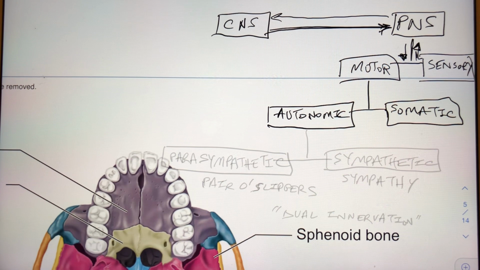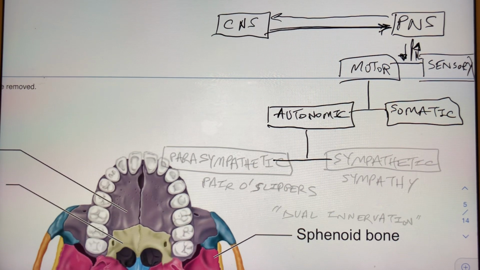Well, if we are going to be emphasizing viscera this quarter, glands, smooth muscle, cardiac muscle, that pretty much describes all of your viscera. So the autonomic nervous system is going to be a big deal. And the autonomic nervous system further is divided into,